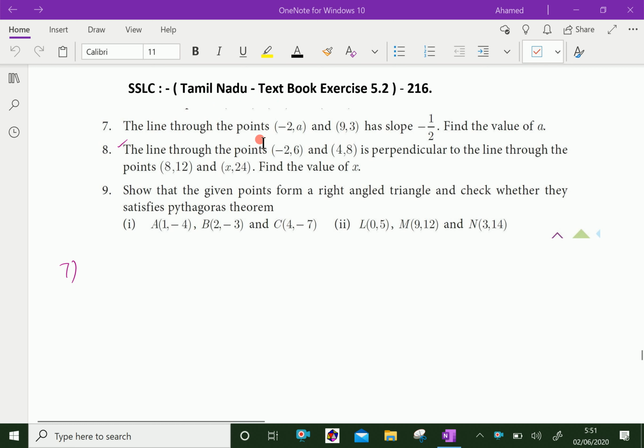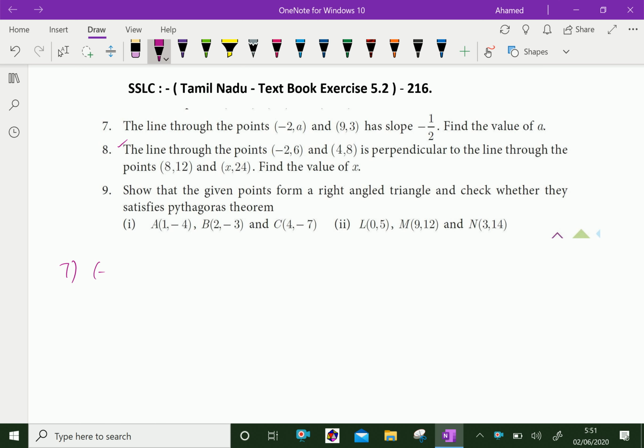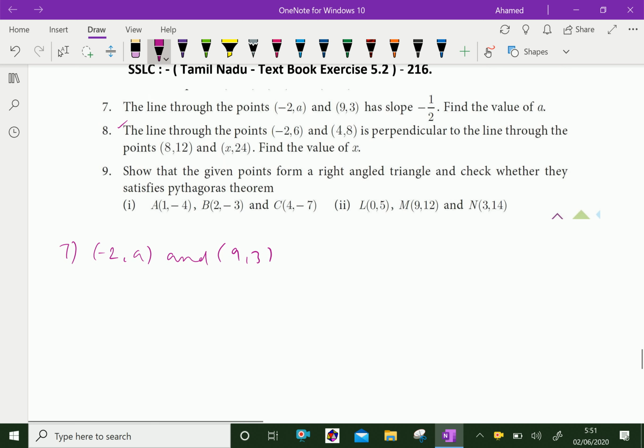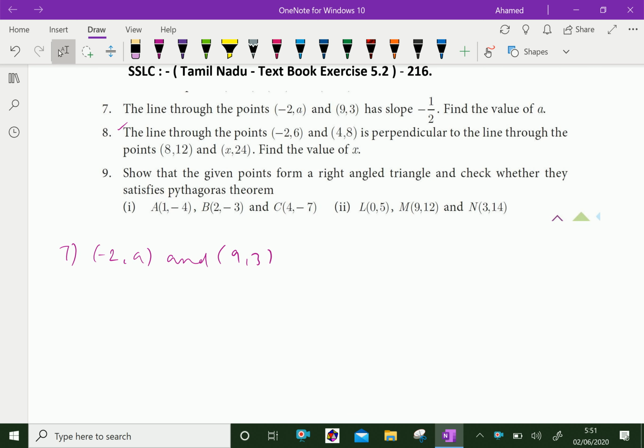The line joining the points (-2, a) and (9, 3) has slope minus half. Find the value of a. Now, the given points are (-2, a) and (9, 3). Now, the slope of the line joining these two points is